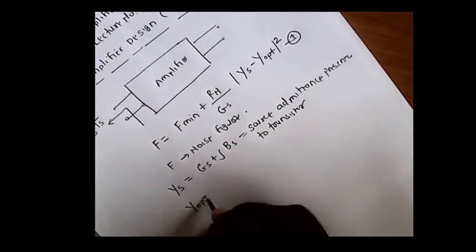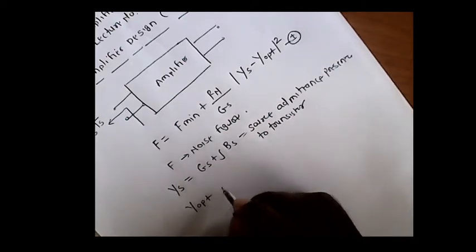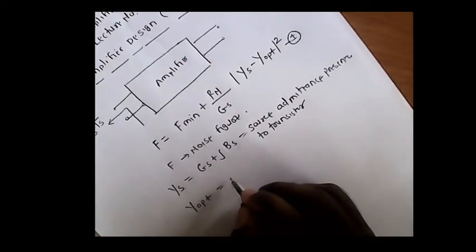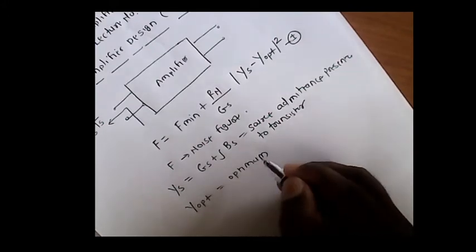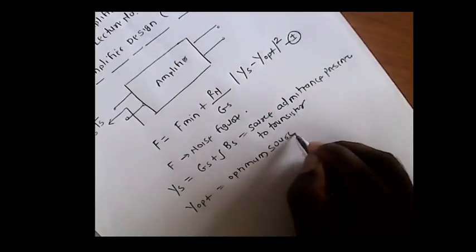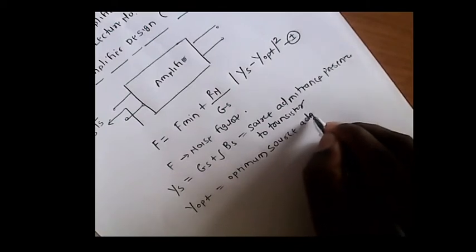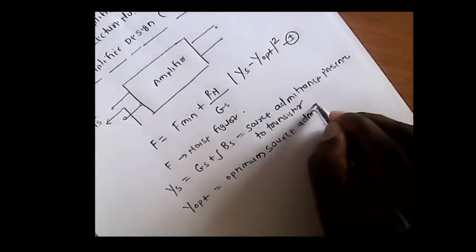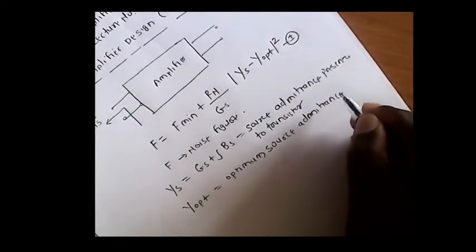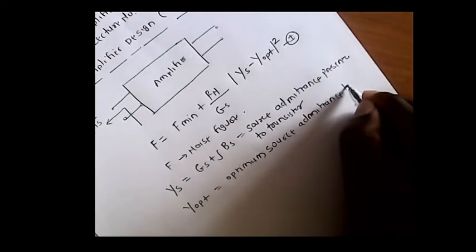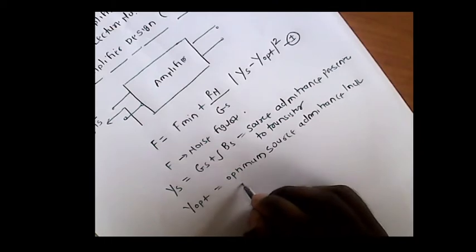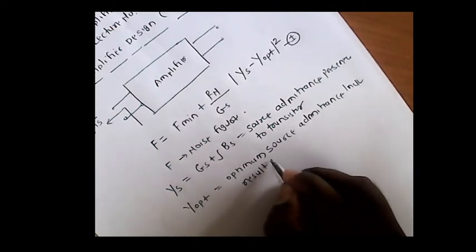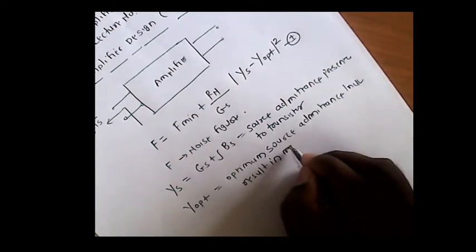Then Y optimum is the optimum source admittance that results in minimum